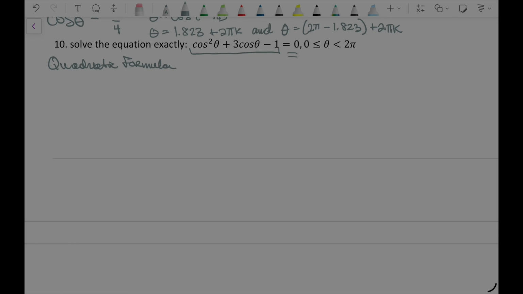If you don't know what it is, you should pause and look it up. Variable is equal to opposite of b plus or minus the square root of b squared minus 4ac, all over 2a. So the cosine of theta is